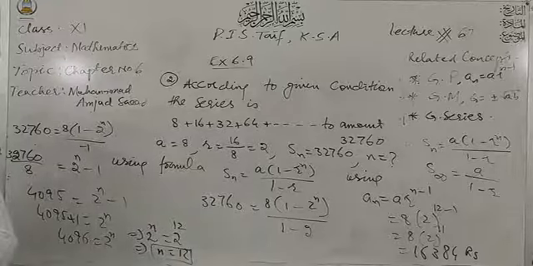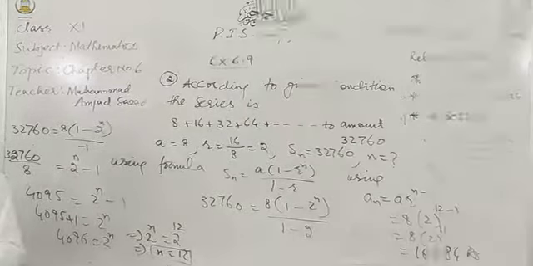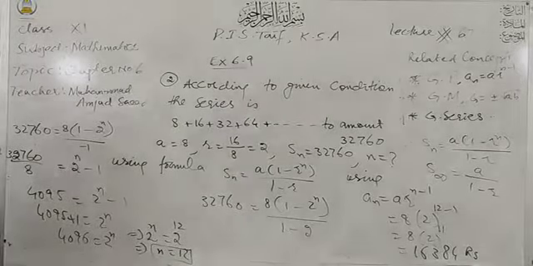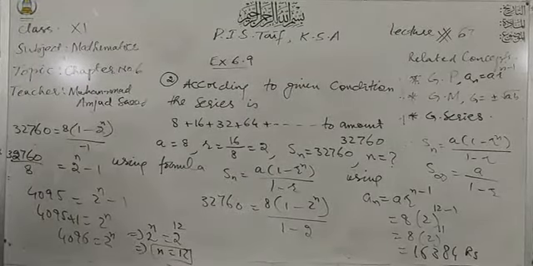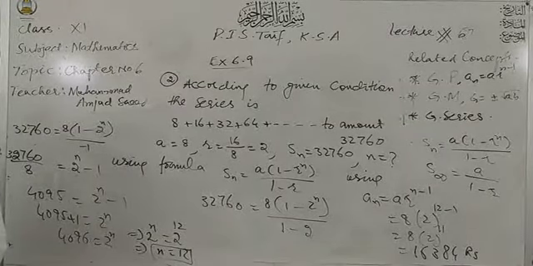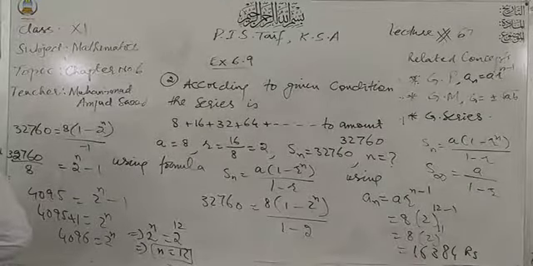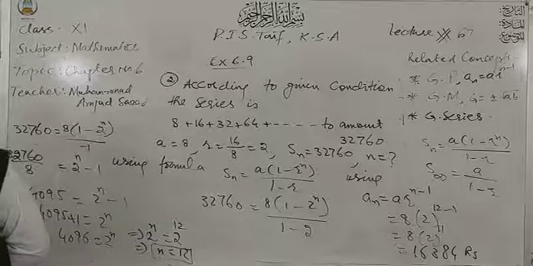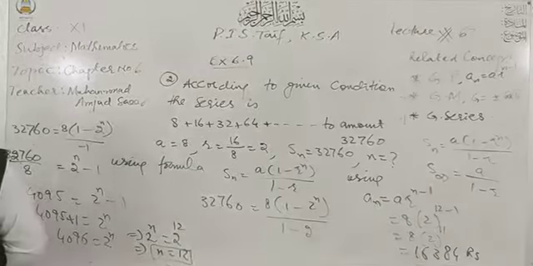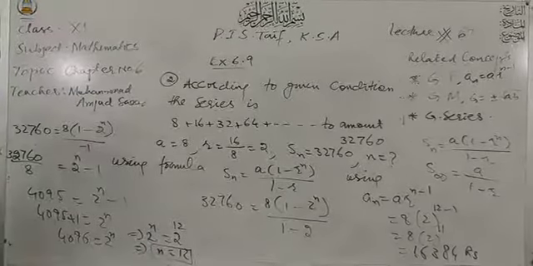After that, we have two questions, question number 3 and 4, and they are similar. I am taking one question, that is, the population of a certain village is this much. What will be its population after 3 years if it increases geometrically at the rate of 4% annually? That is question number 3.